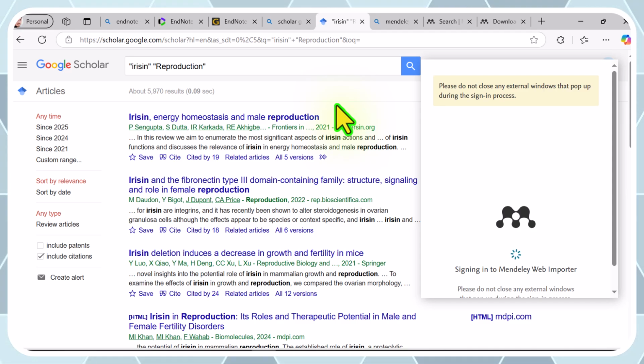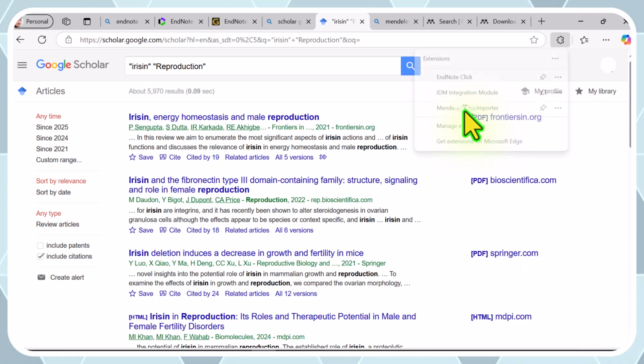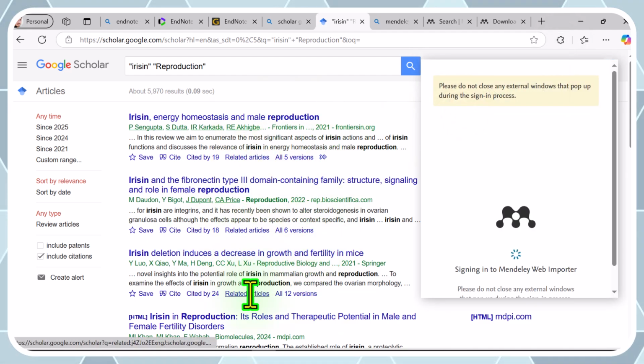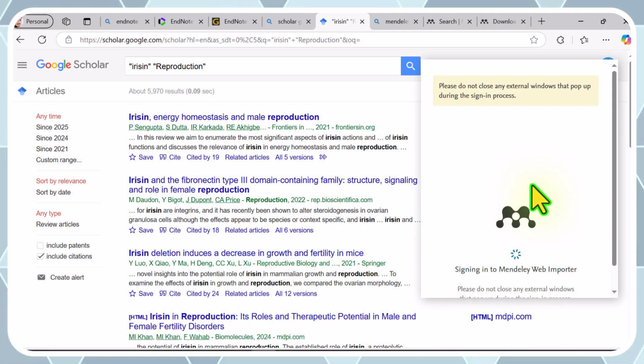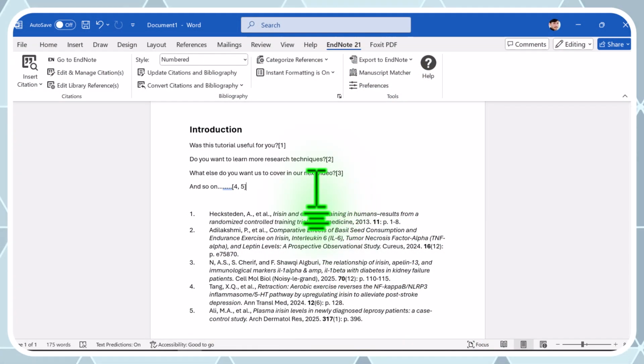I use it in my daily routine, and it is very quick and efficient in dealing with references. So all you have to do is select the extension, and once you have selected it, it will automatically detect all the available research articles here, and you will have an option to select them all or select them one by one, those of your interest, and then click on import, and they will be imported to your Mendeley. So once you have imported them to your Mendeley library, what you have to do is again go to your